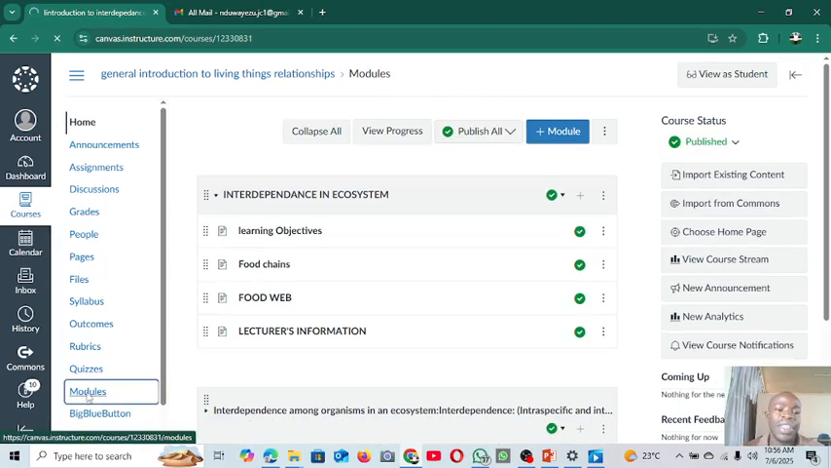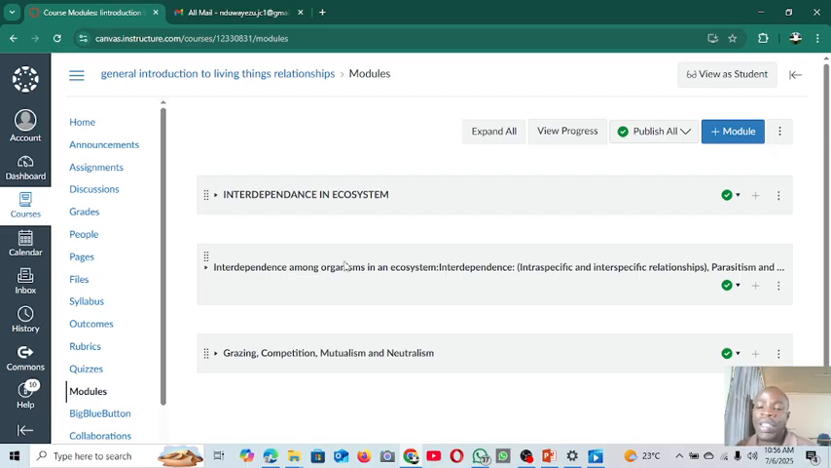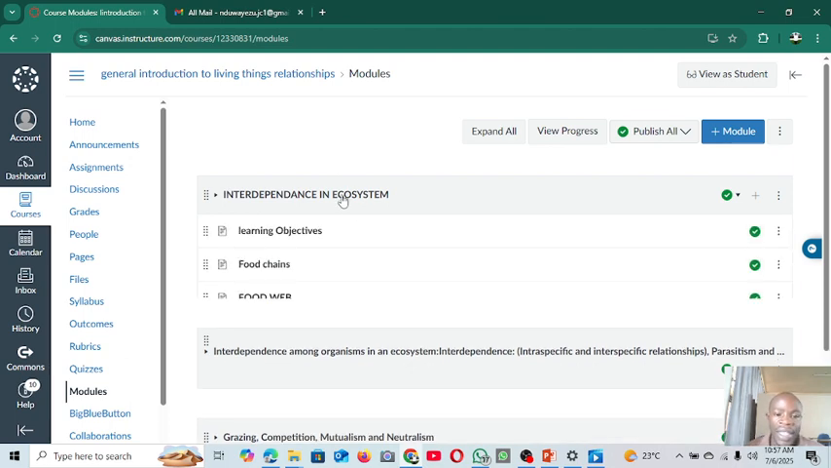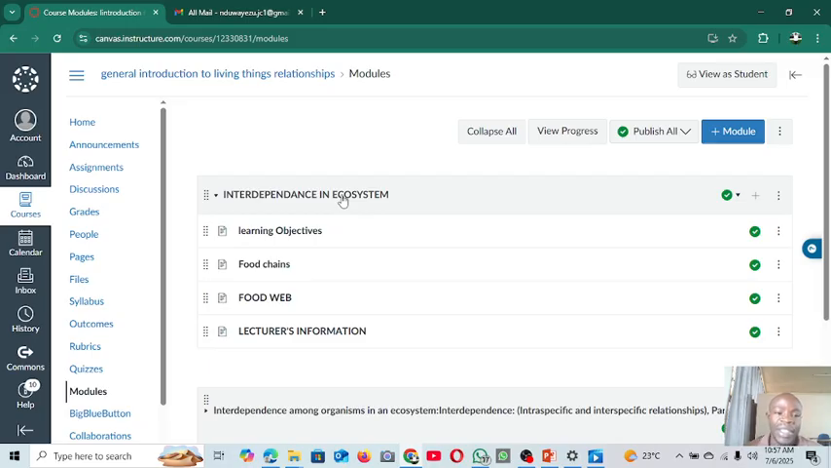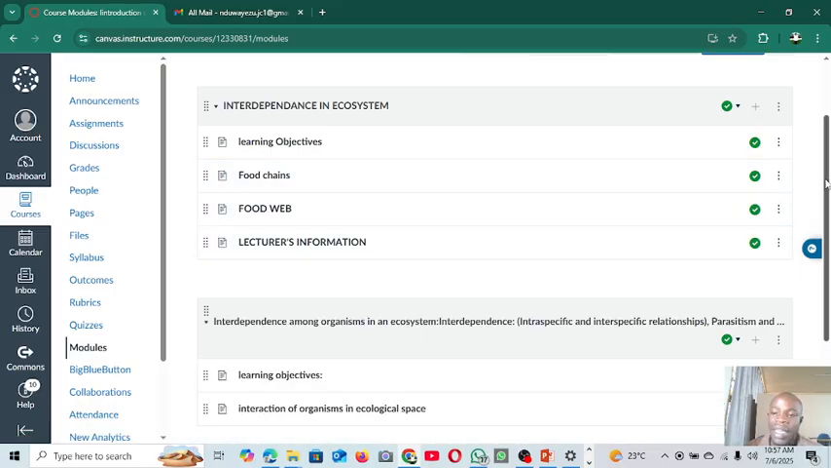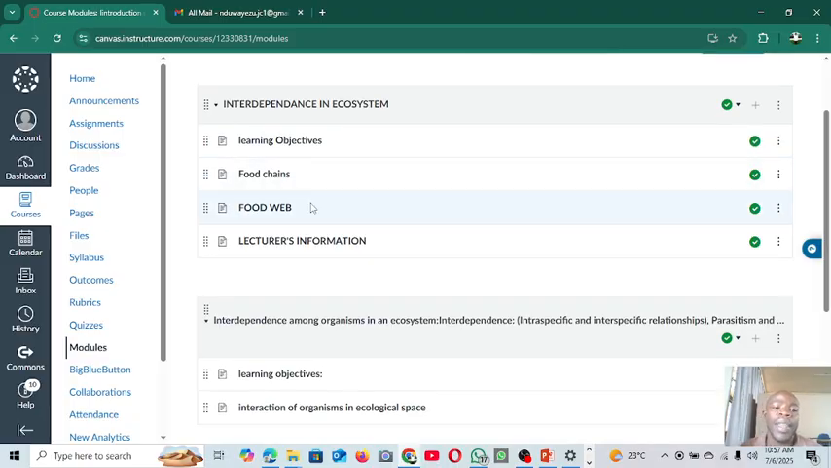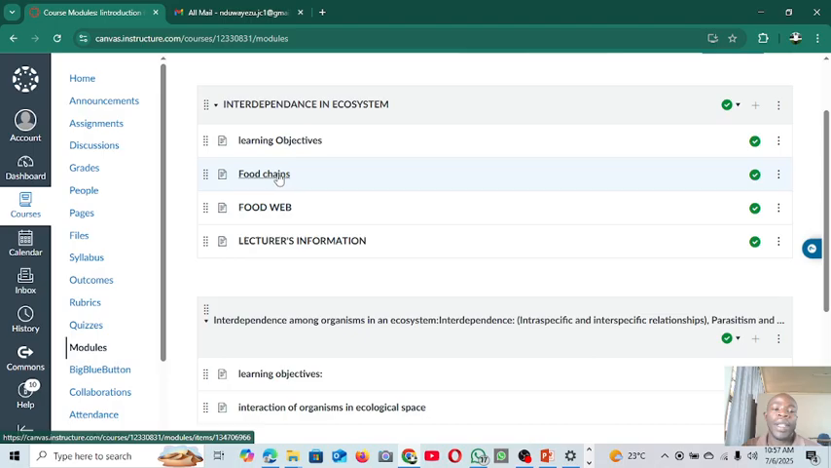Those modules, as you see, module number one is interdependence among organisms. Module two is intraspecific and mutualism, grazing, competition. The last one is interdependence among organisms in ecosystem. During the development of this lesson, there are many pages as you see. Interdependence has many contents as well as the following modules. For instance, the first one, which is interdependence in ecosystem, has a food chain and